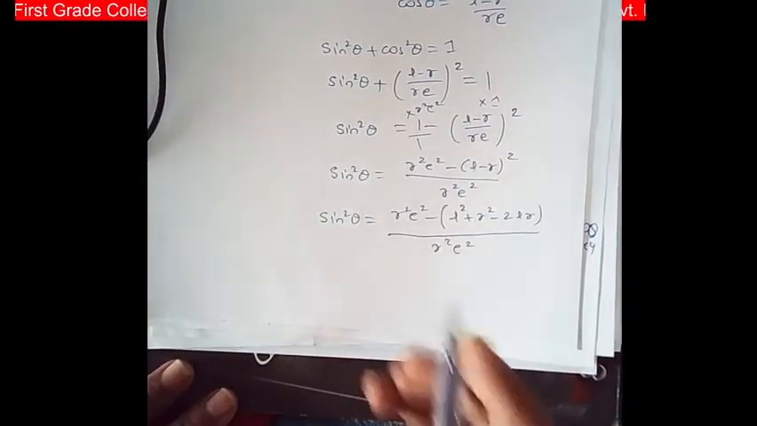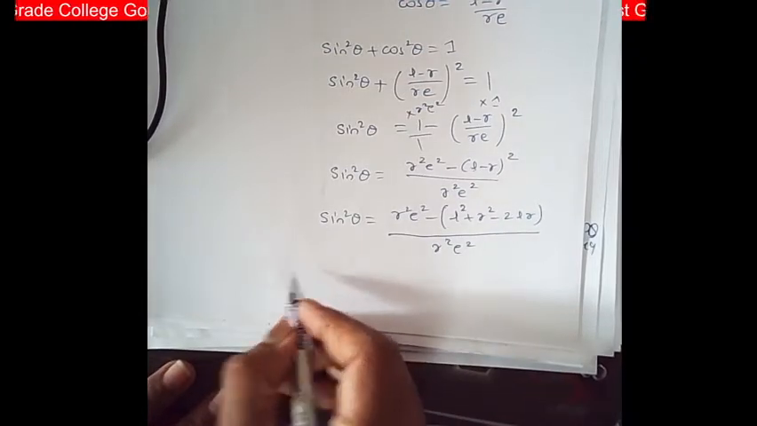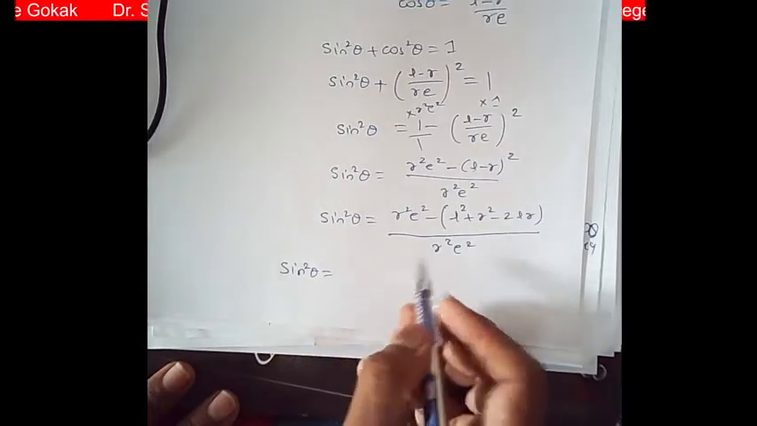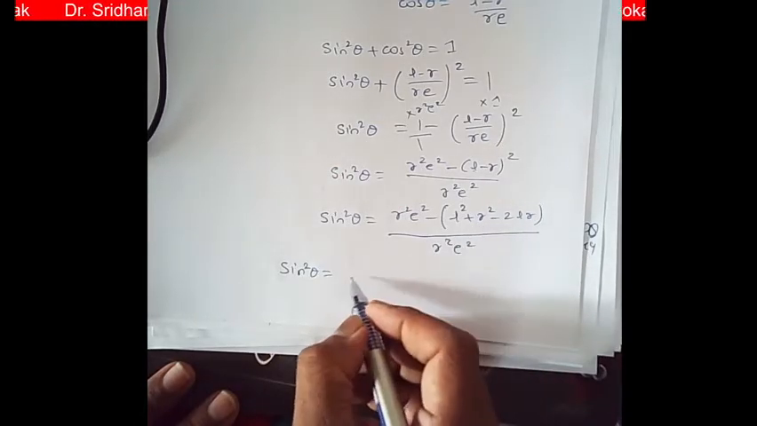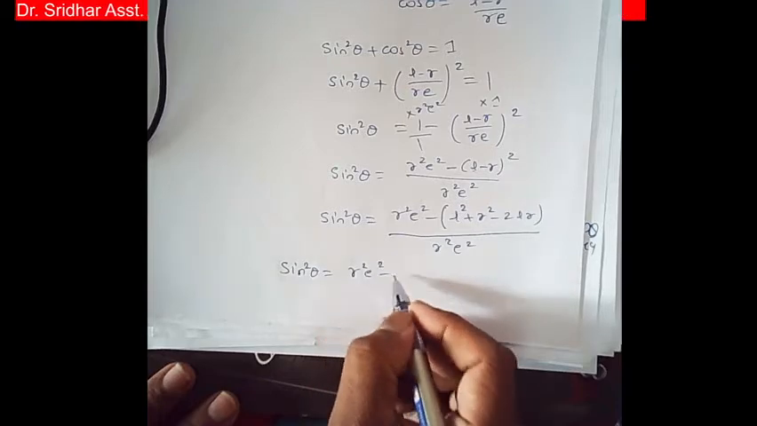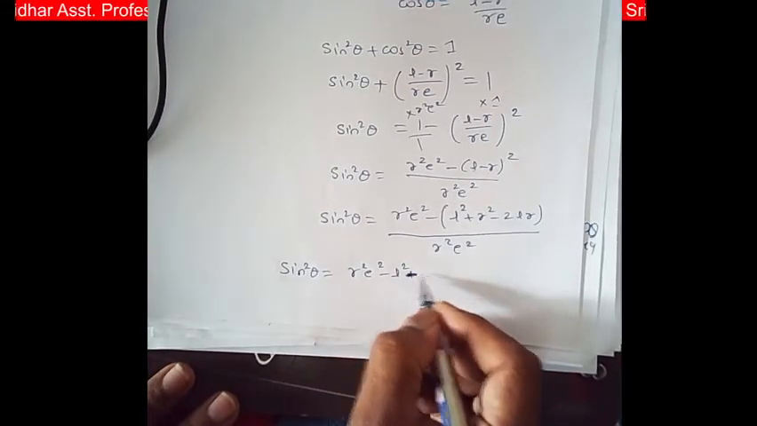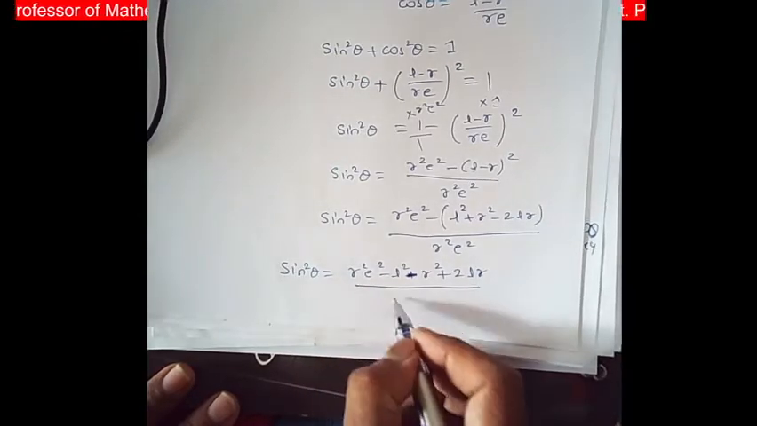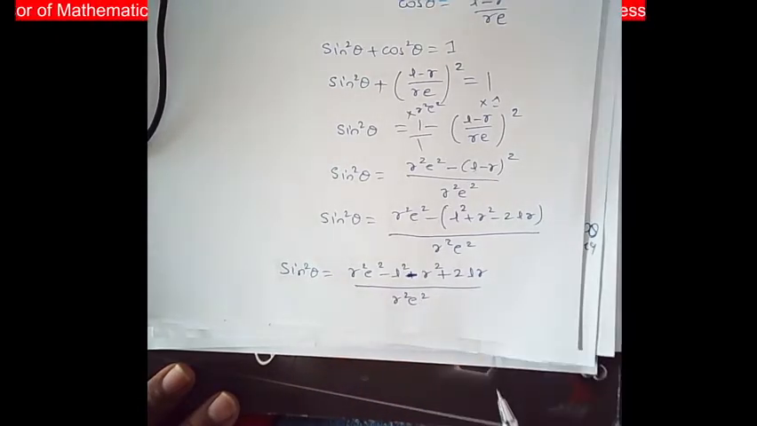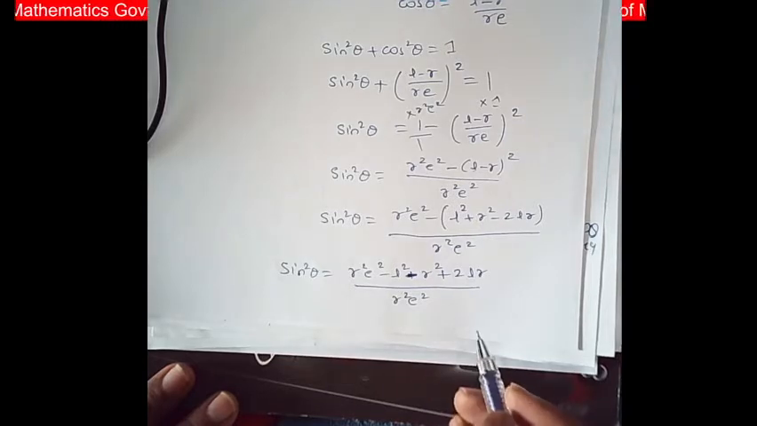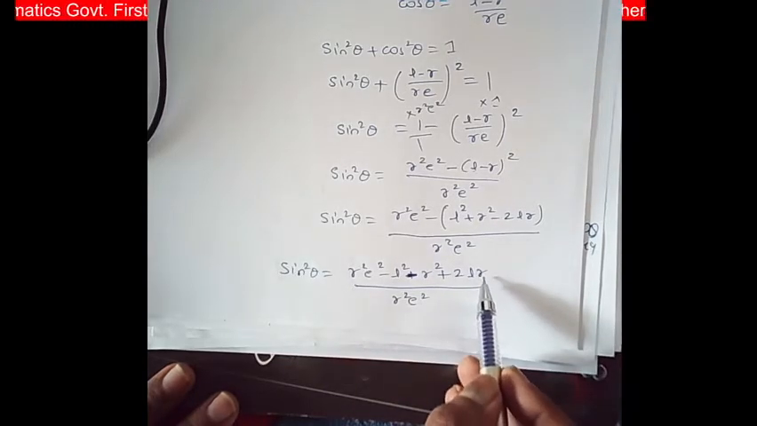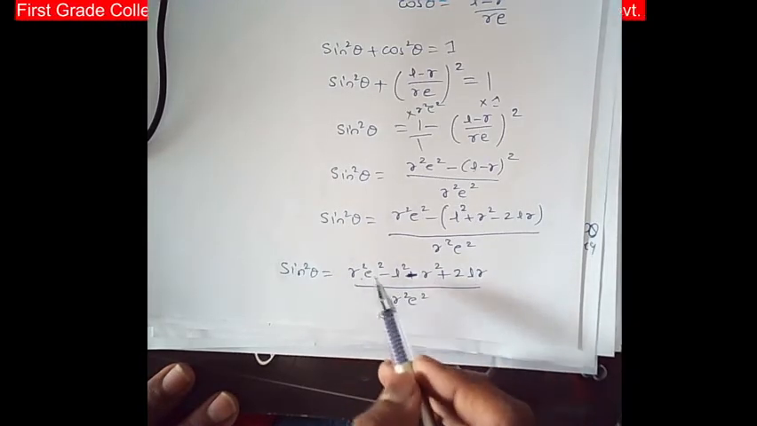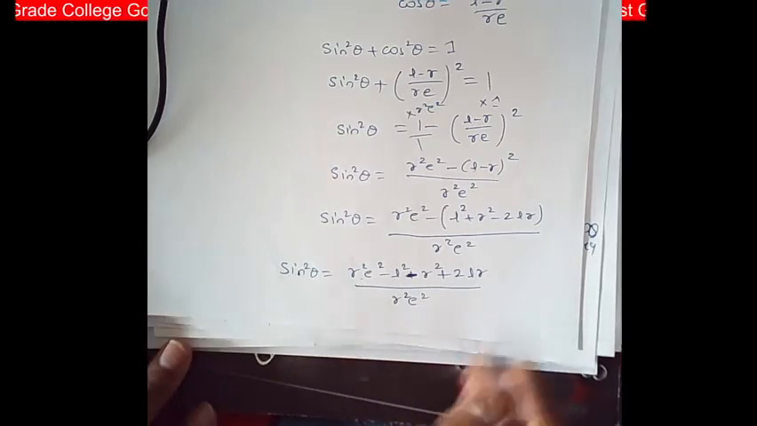So now simplify this. sin square theta is equal to R square e square minus L square minus R square, then minus minus becomes plus 2LR, whole divided by R square e square. Okay, or in other words, from these two terms I take R common, from these three terms, which gives